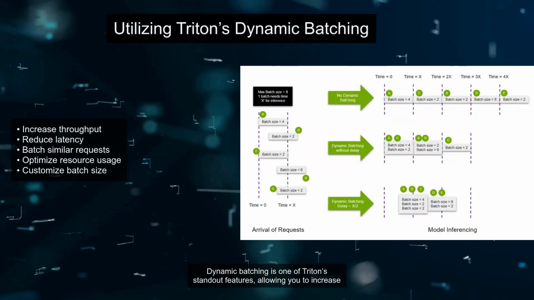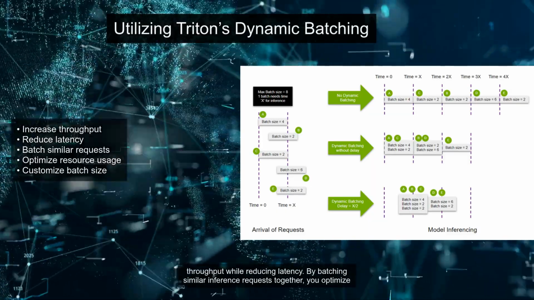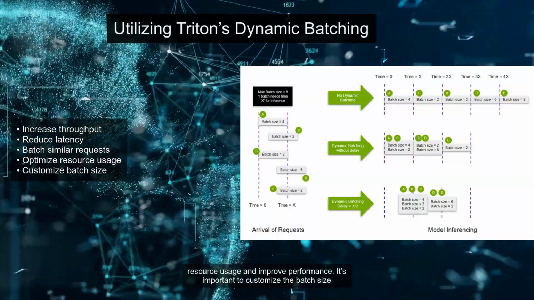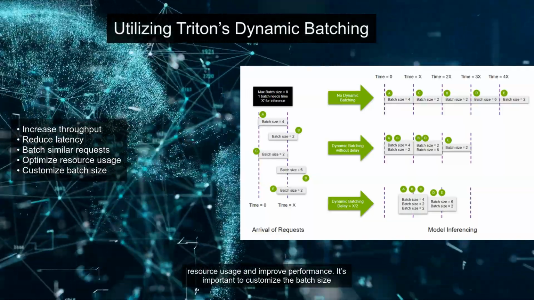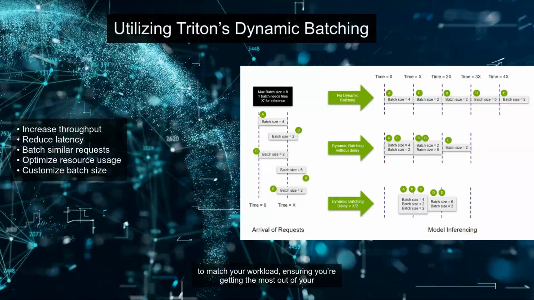Dynamic batching is one of Triton's standout features, allowing you to increase throughput while reducing latency. By batching similar inference requests together, you optimize resource usage and improve performance. It's important to customize the batch size to match your workload, ensuring you're getting the most out of your hardware